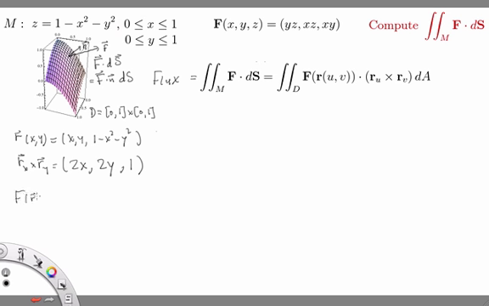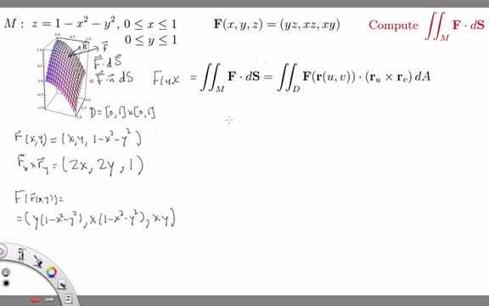So f of r of x comma y basically just means plug in z equals 1 minus x squared minus y squared into these formulas. So we get, I'm going to start it on the next line, y times 1 minus x squared minus y squared, and then x times 1 minus x squared minus y squared, and then xy as the third coordinate. Okay, so we've plugged the parameterization into our vector field, we've computed this normal vector field, and so now we